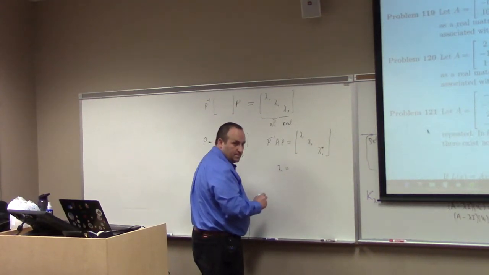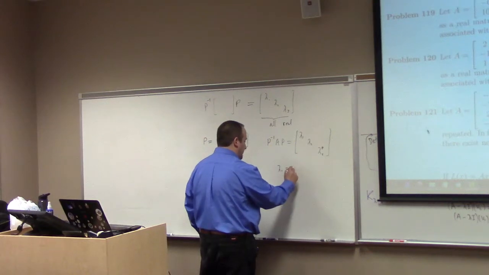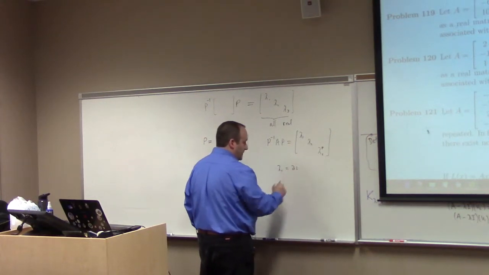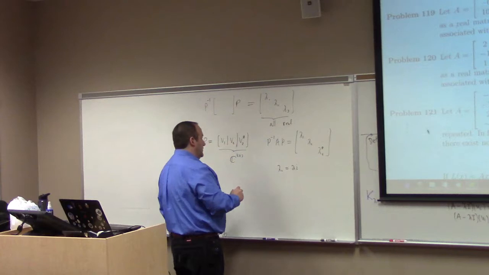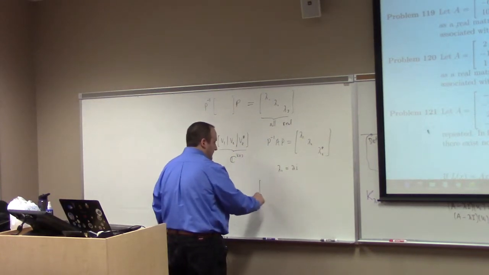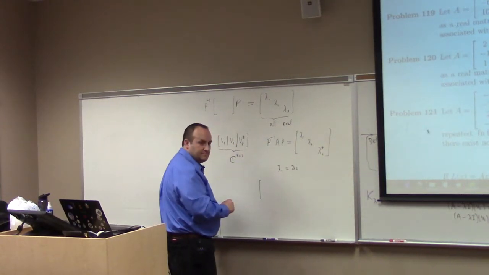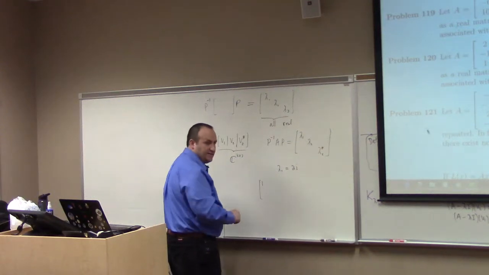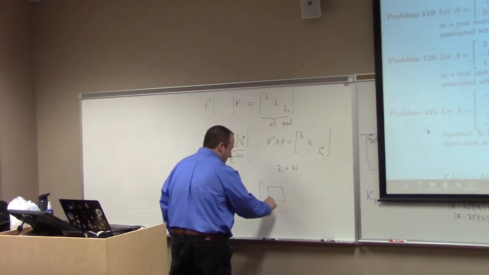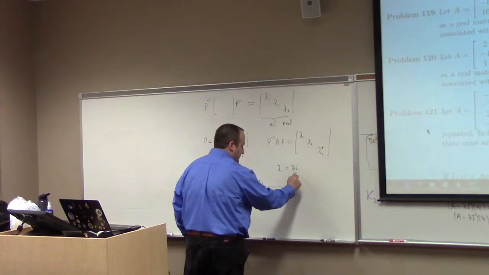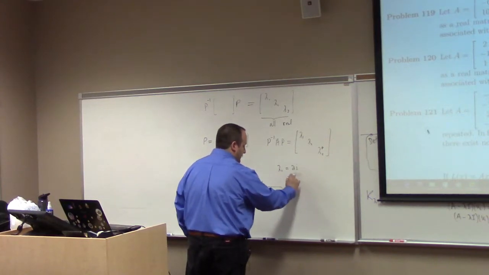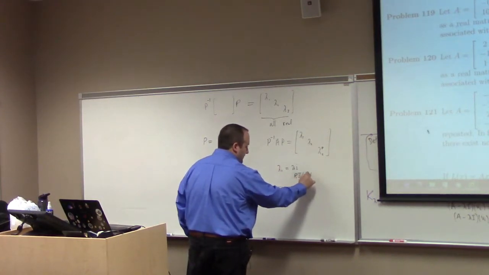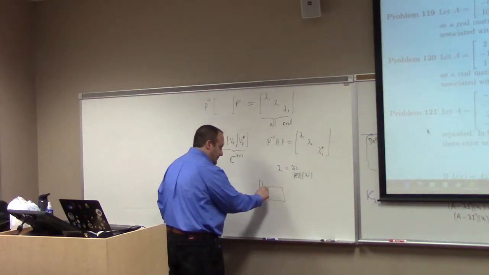It was plus or minus 2i. So let's work with 2i for your lambda 2, right? So that says to me that the real Jordan form for that, what was your real eigenvalue? 1. So you got 1 for your real eigenvalue. And then you've got a 2 by 2, what did I call it? I guess I called it real Jordan form 2i, right? And so that would be what?